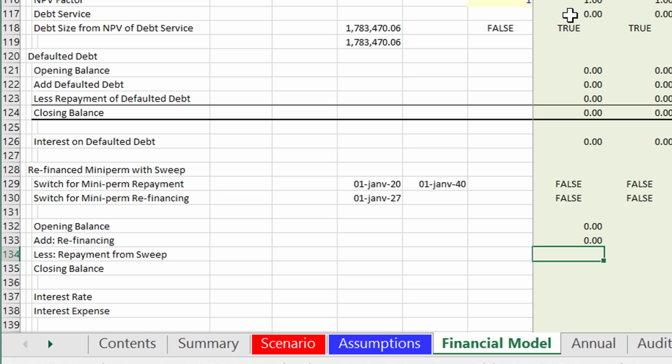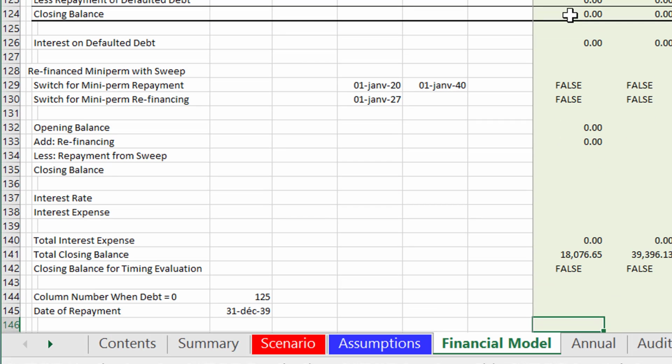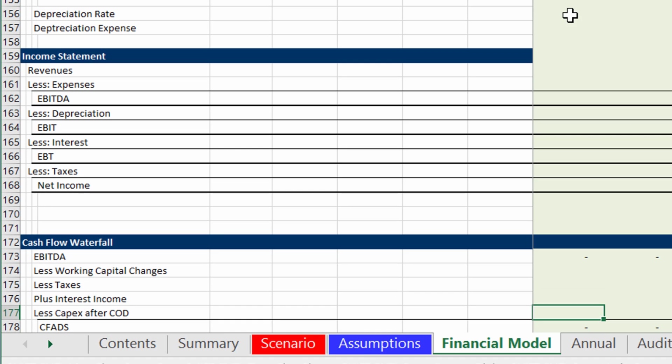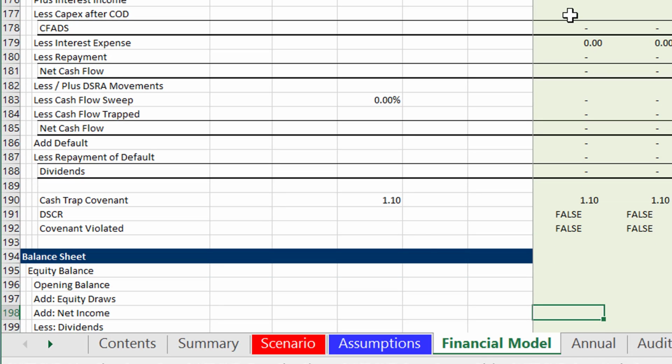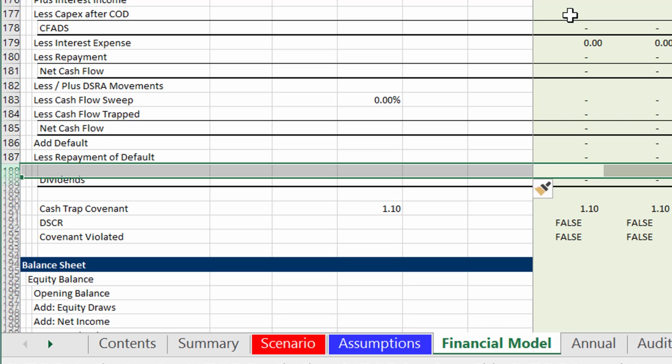Now this refinancing from the sweep comes down here. And there's going to be just a couple of very little issues about the refinancing from the sweep. We go down to the cash flow waterfall. I haven't finished putting the balance sheet together and all the rest of it. Okay, but down here, we have to decide when we're going to do this sweep. Now, let's make this refinancing occur at the very, very end of the period. Okay, so I'm going to add